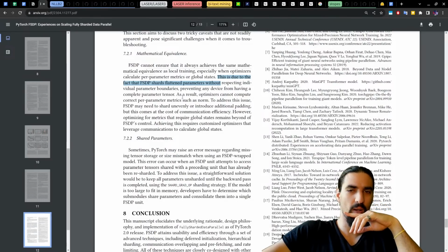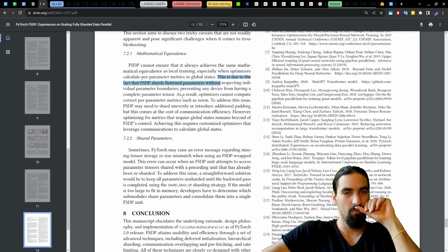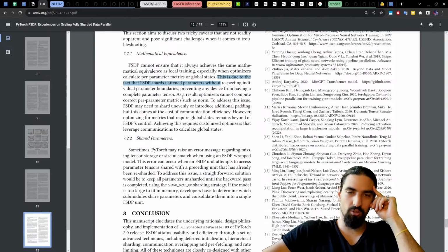As a result, optimizers cannot compute correct per parameter metrics, such as a norm. To address this issue, FSDP may need to shard unevenly or introduce additional padding, but this comes at the cost of communication efficiency. However, optimizing for metrics that require global states remains beyond FSDP's control. Achieving this requires customized optimizers that leverage communications to calculate global states.